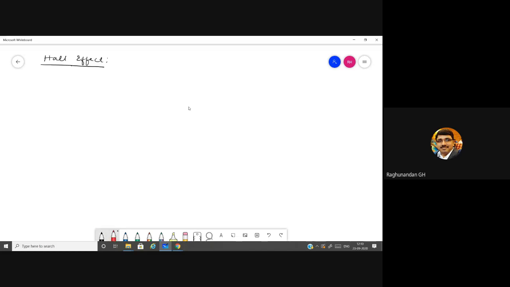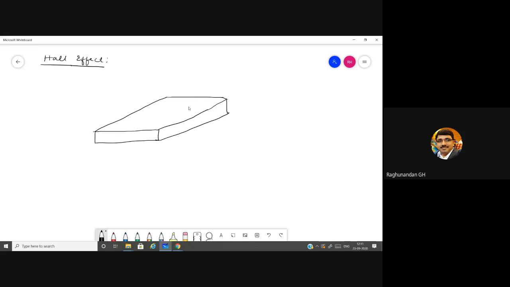See, what I'll do is I'll take a semiconductor bar, like this. So this is a semiconductor bar and it contains electrons and holes. You can consider it as N type or P type. If you consider it as N type, then majority charge carriers will be